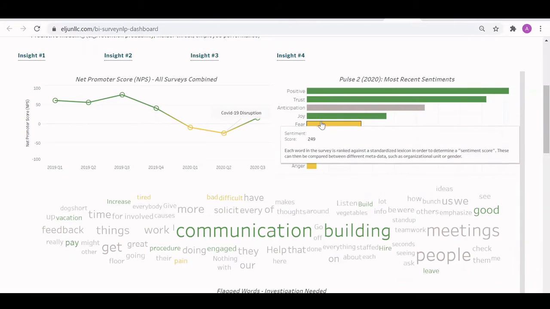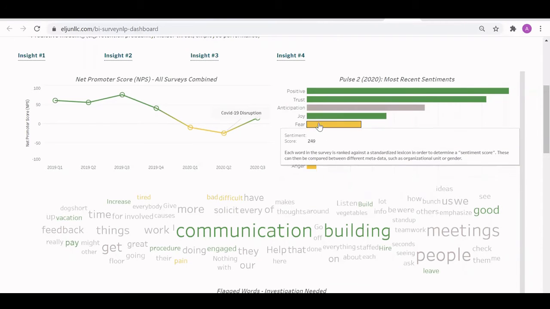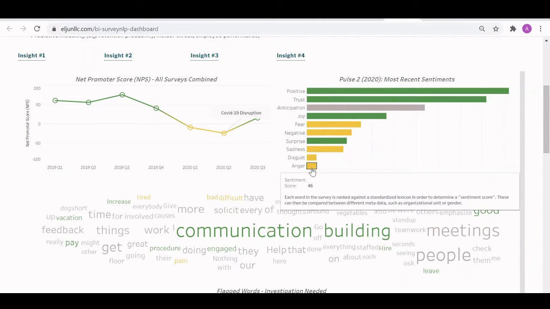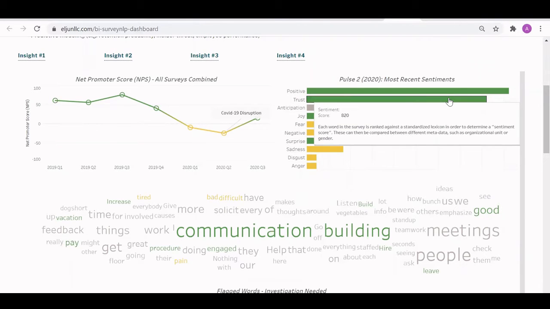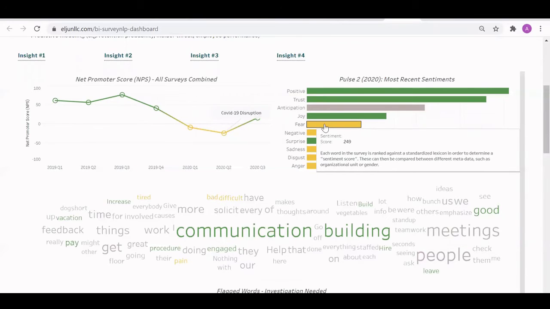So this is the Pulse 2 survey, Ali, that you showed at the very beginning of the video. And this is giving us a breakout of overall responses and the sentiment associated with the words that were captured by that tokenizer. So we can see that most of these things fall into positive or trust, but we do see that fear is a non-positive sort of response sentiment. And that might be something that we wanted to dig into a little bit more and say, what's driving this